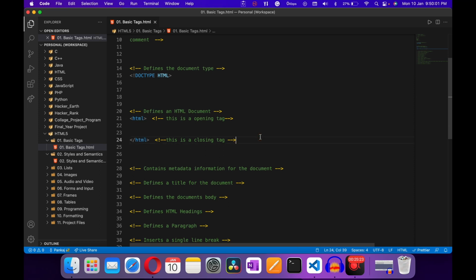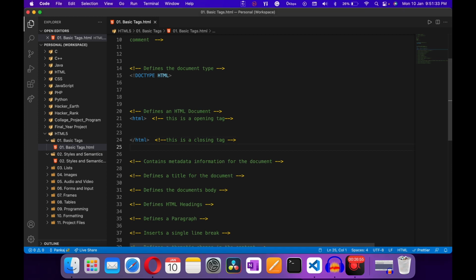So first thing, you need to define the document type, which is HTML. After that you have to define the HTML part, then you have to type HTML from the start. All the code in the HTML document goes inside these two tags, after the opening HTML tag and before the closing HTML tag. So the HTML tag just defines the boilerplate of your code.